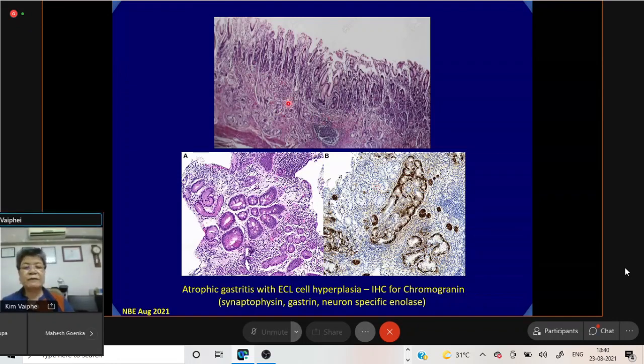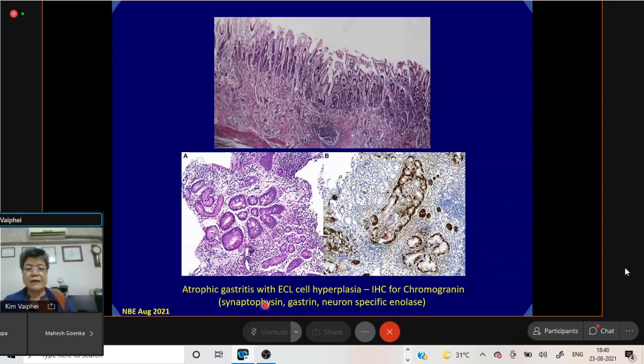Normally we have a few scattered one or two cells. They are not really very prominent in a normal mucosa, but they are metaplastic cells, which usually give rise to maybe multifocal carcinoid in atrophic mucosa. So it is important to identify this group of cells. And here this is a chromogranin staining, but sometimes they may be chromogranin negative, but one has to carry out